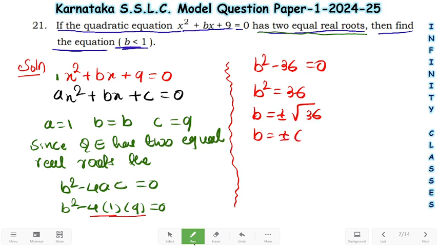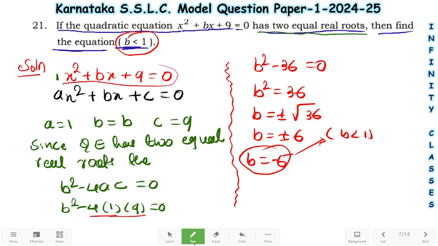Then b is equal to plus or minus 6. Here the condition is given: b is less than 1. So we have to take b is equal to minus 6, because the condition is b is less than 1. We have to take the negative value of b, that is b is equal to minus 6. Then writing it in this equation, you will get the required answer. Therefore the required quadratic equation is